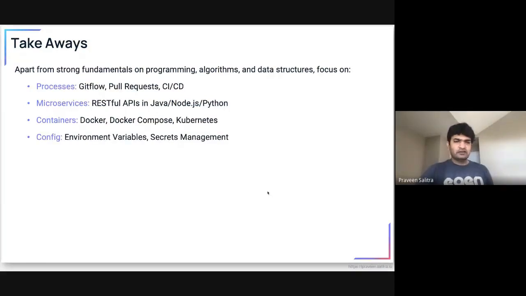For the config, see what environment variables are, and how you can provide secrets and secure them outside your applications without hard coding them. And then pick one of the cloud services, I would say. If you are starting, there are a lot of certifications available at the associate level. AWS has many, Azure has it, Google Cloud has it. See if you want to go for those certifications, if you just want to get a taste of what the services are. Start with compute and storage services for starters, and then go deeper, maybe focusing on DevOps or networking or security.